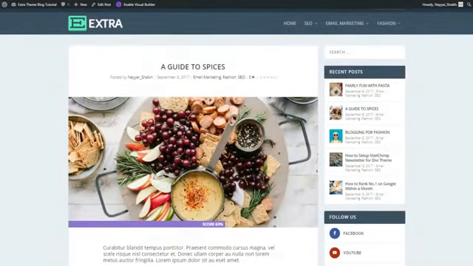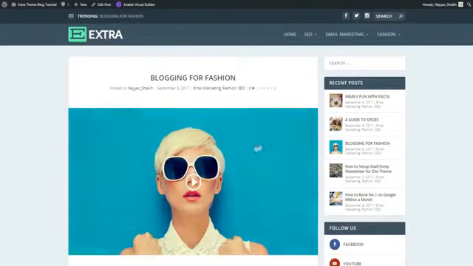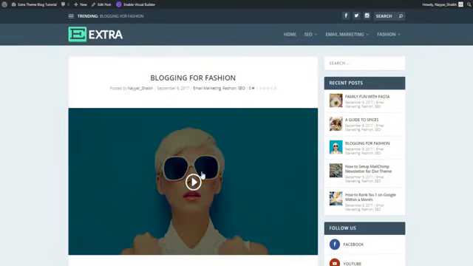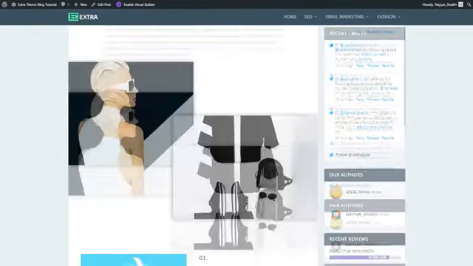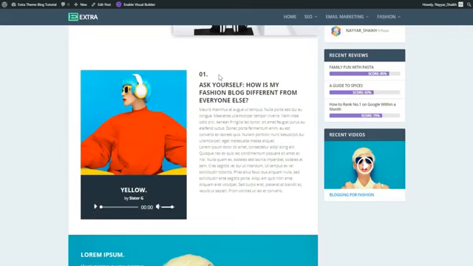Okay, now let's see the third post. Okay, so this is the third post. This is a video post actually, and this is actually a video. Okay, so when you click on this, the video plays. Then this is this section. As you can see, a very beautiful section. The image, both the images are overlapping each other, and I'll show you how to do that. It is really easy. Okay, then there is an audio file over here,